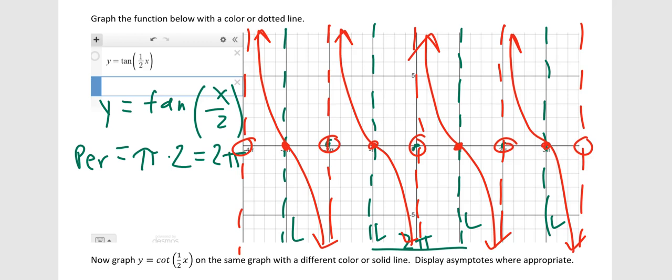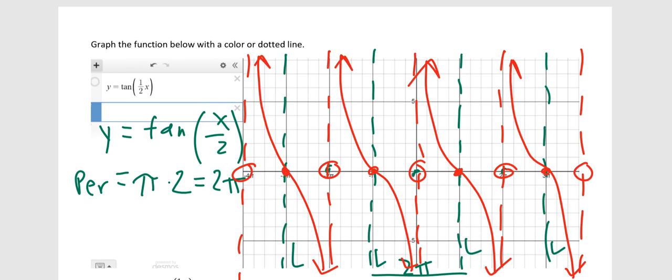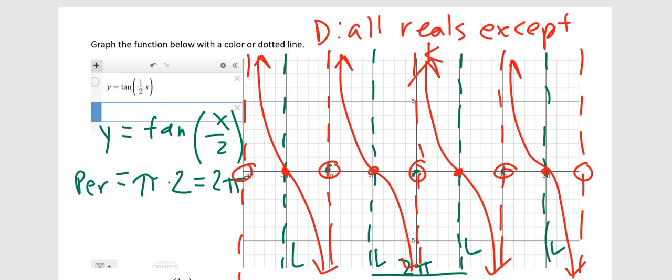Now, what's the domain before we leave? What's the domain? All reals except... Okay, now you see that even multiples, like you've got even multiples of what? Or we could say k times 2